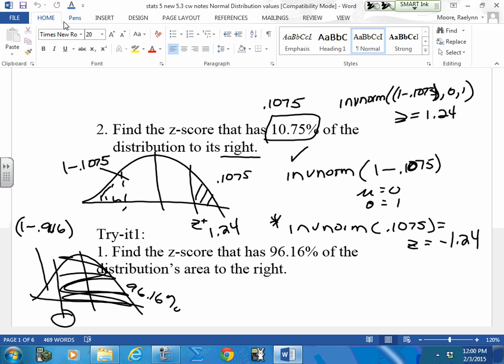Okay, and what'd you get? So Richard, you looked it up. What'd you get? Negative 1.77. Good. Or I can flip this and look up inverse norm and find this area to the left of this. But then I have to remember that I want the negative, because this is where I want it to be. Okay. So